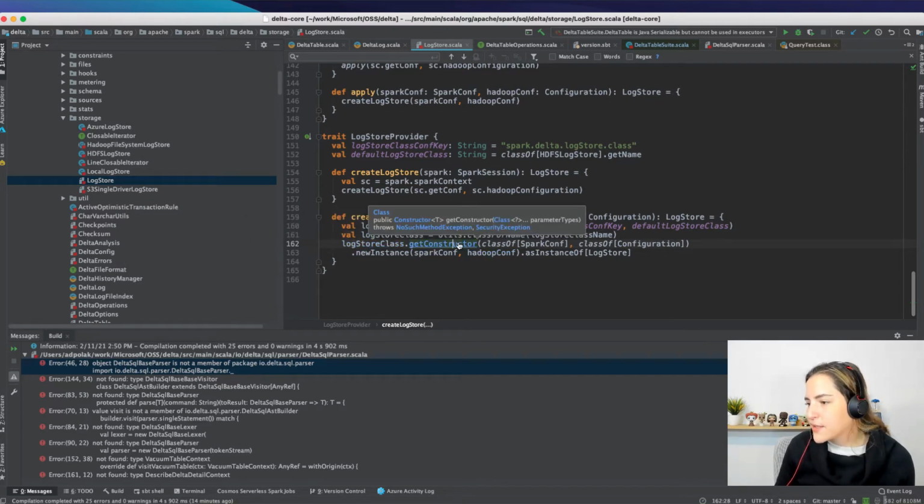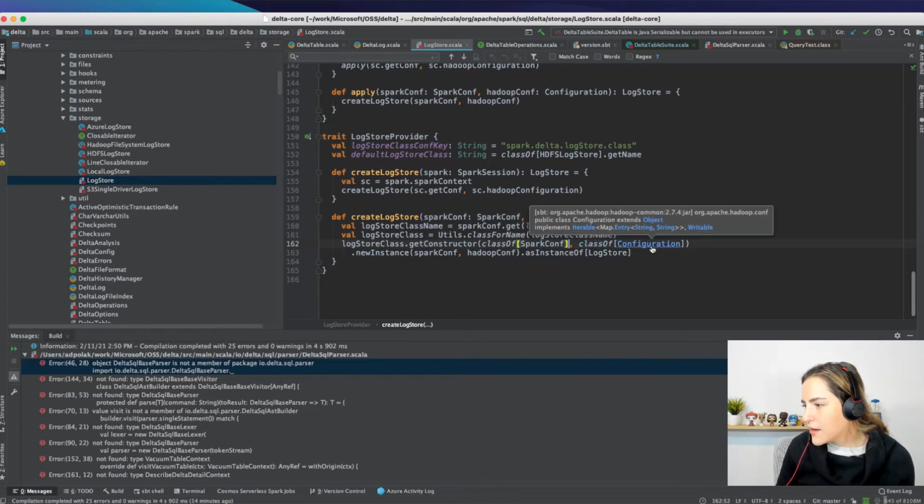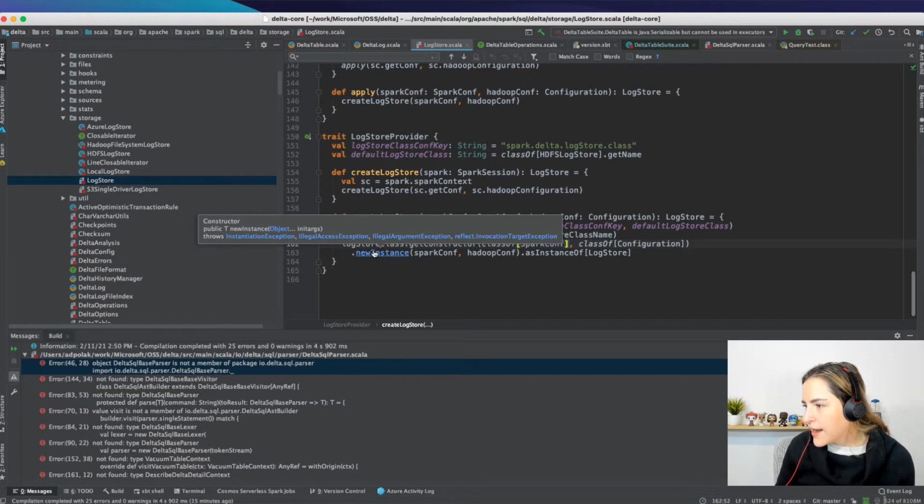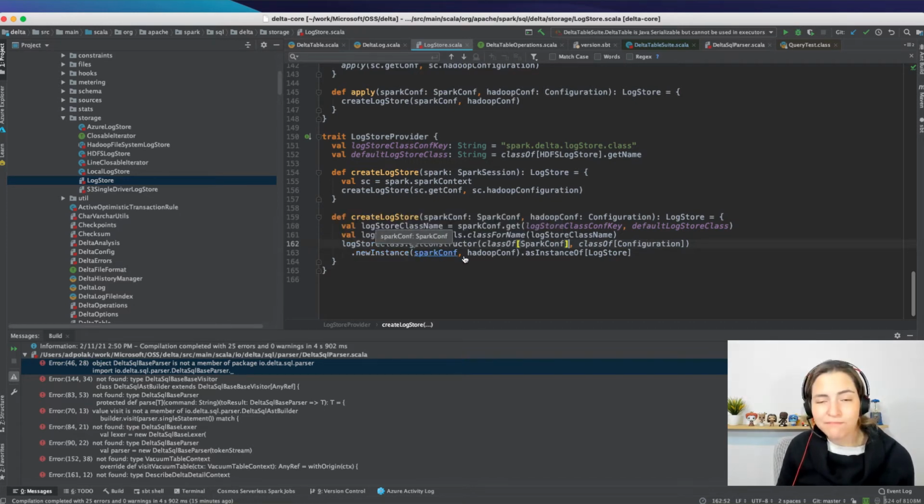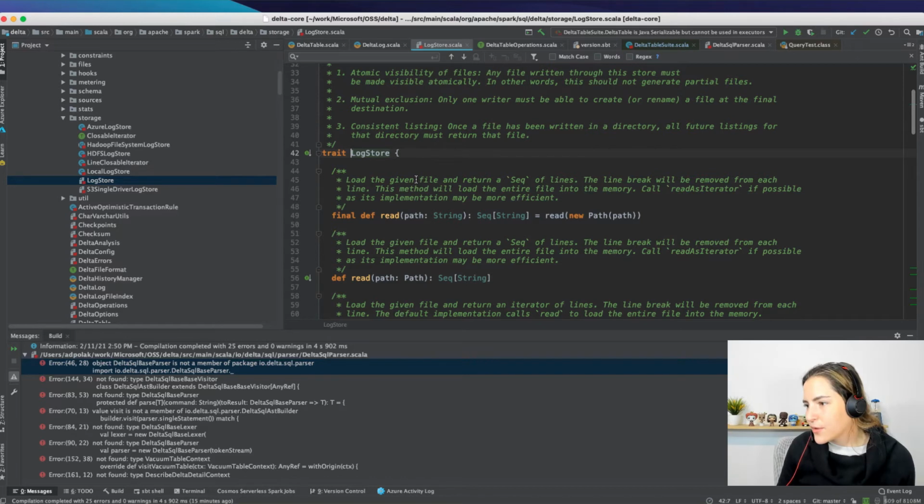So now we're constructing a class on the fly, and during runtime, it takes in the class of SparkConf and the class of the Hadoop configuration I see here, or Apache Hadoop common Hadoop configuration, and it creates a new instance